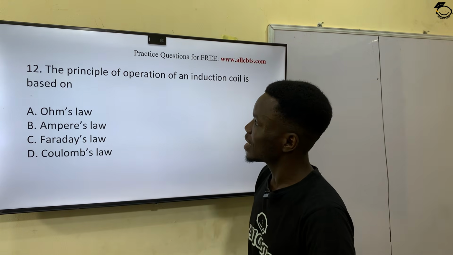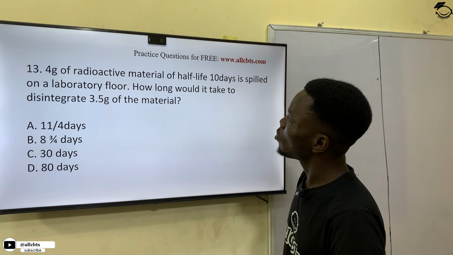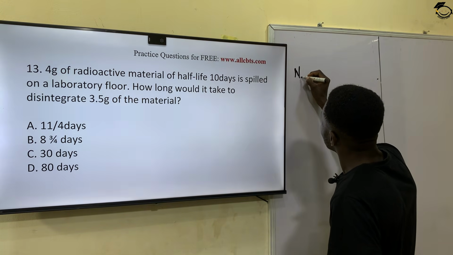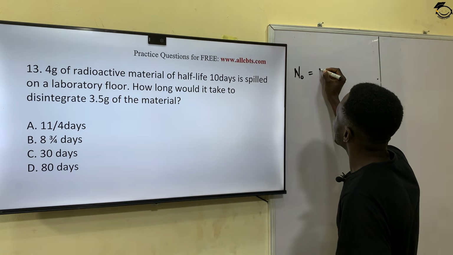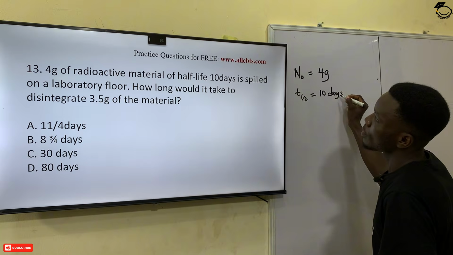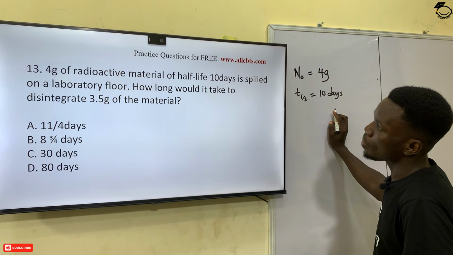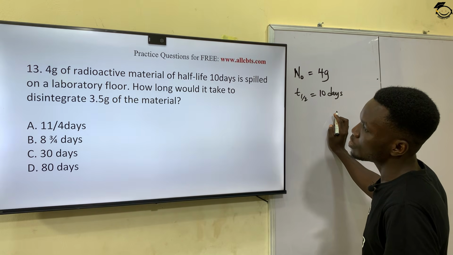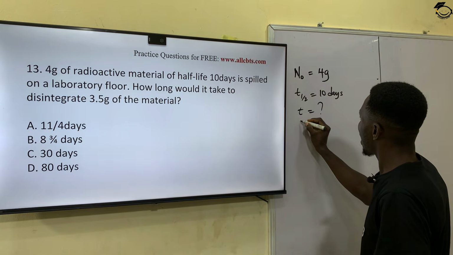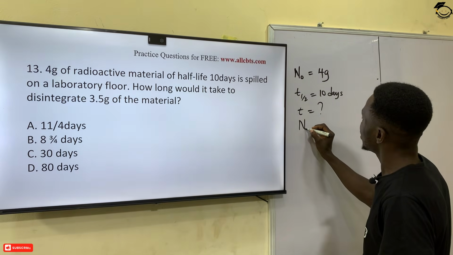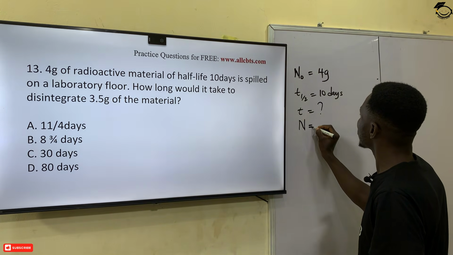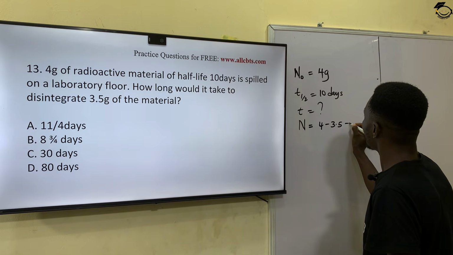So that takes us to question number 13, which says 4 grams of radioactive material of half-life 10 days. So the initial mass is 4 grams and the half-life is 10 days. How long will it take to disintegrate 3.5 grams of the material? So we are looking for the time, we do not know. It disintegrates 3.5 grams of the material. So the mass that will be left is 4 minus 3.5, and that will give me 0.5